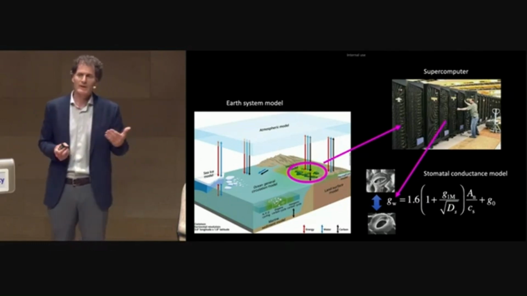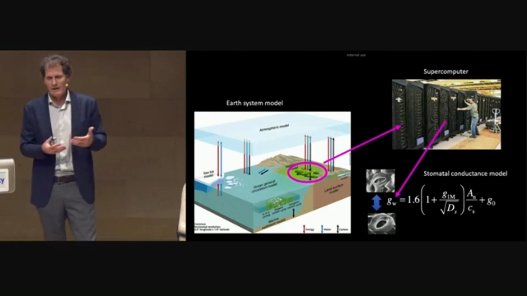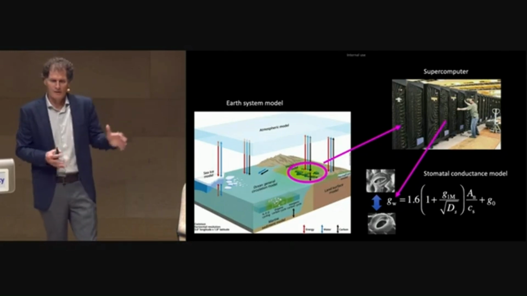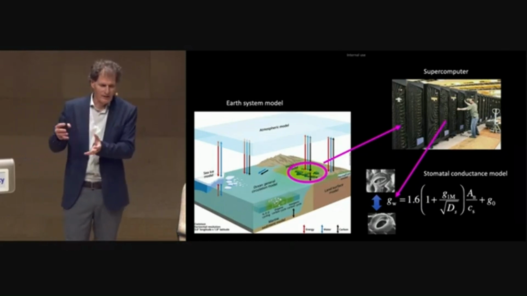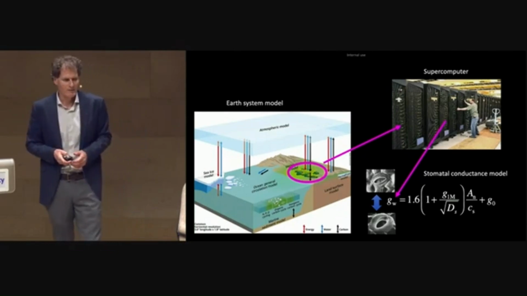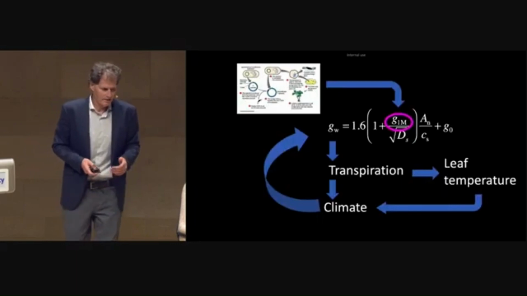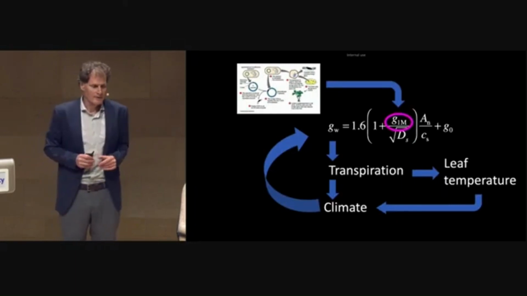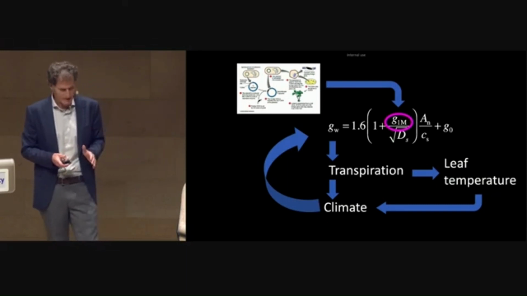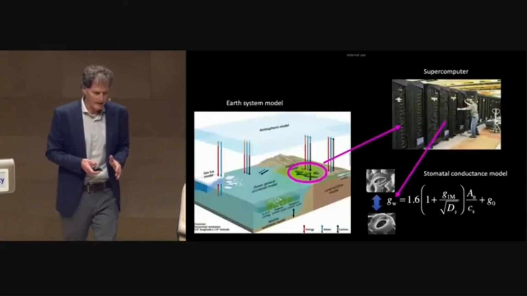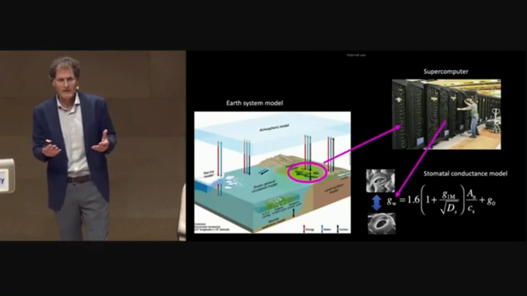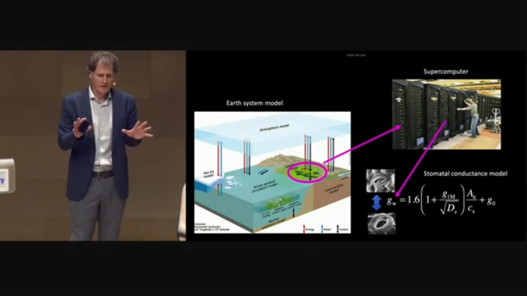The other thing is models need to be practical. There's a trade-off between a really complex and accurate model and a model that's going to be malleable and amenable to usage in something as large and complex as a global model. So we are constantly searching for the optimum useful model. Like all models, this model has simplifications and assumptions, but let's assume that it's an okay model for now.